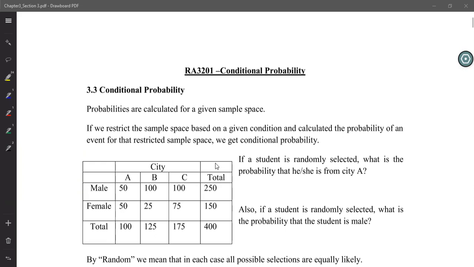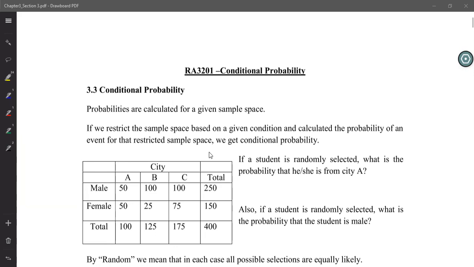Sample space is the set of all the elements or set of all the observations defined for a certain random experiment. Okay, so we talked about random experiments, and those are the experiments where the final outcome is not available until you finish it. You do not know the results until you finish it, and the result will be one possible outcome among many available outcomes. So all possible outcomes of a given random experiment is called the sample space, and a subset of the sample space we call an event.